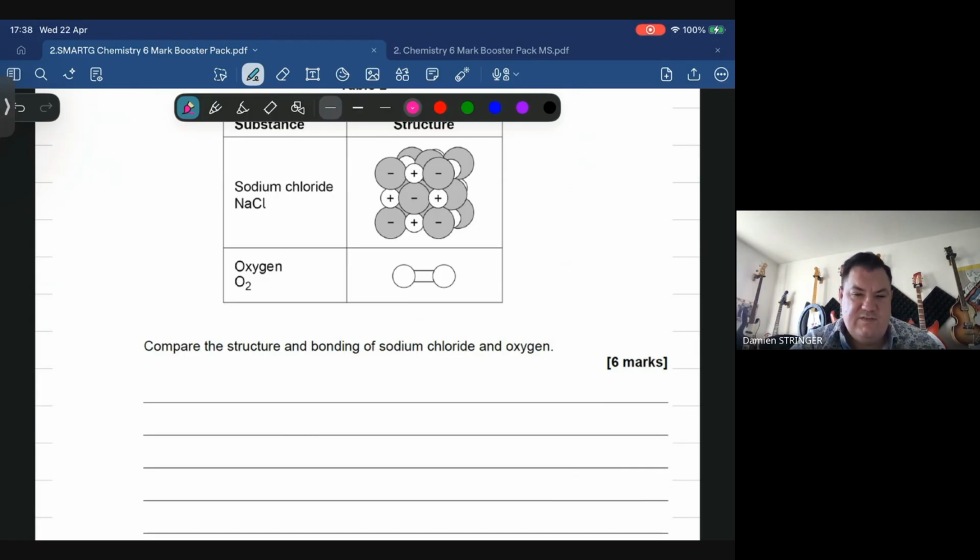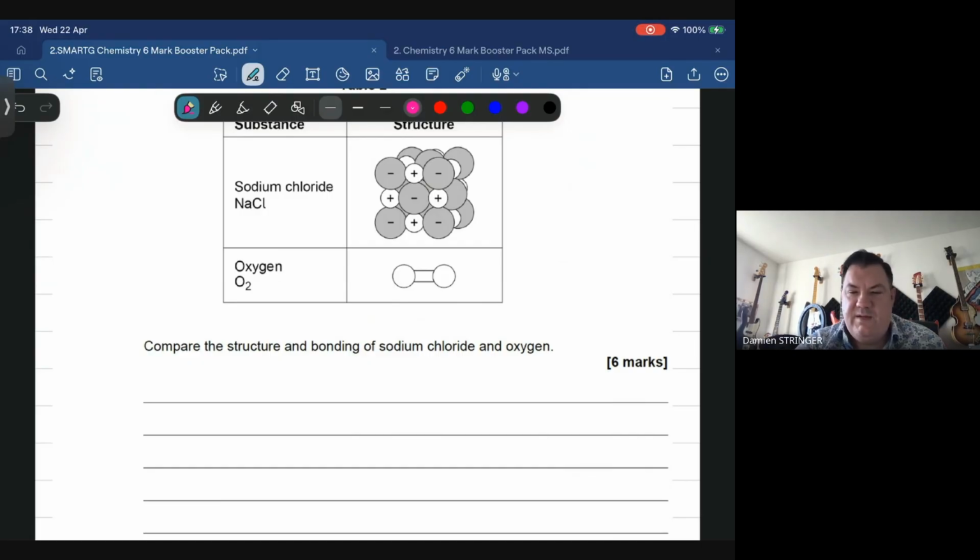Both would have full shells of electrons. Both would have strong bonds. If we look at differences, one's got 2 elements, the other one's got 1. One's in a giant ionic lattice, the other one's a simple covalent molecule. The ionic one involves transfer of electrons. Oxygen involves sharing electrons. And then in terms of strength, the strength of the bonds is strong in both, actually,